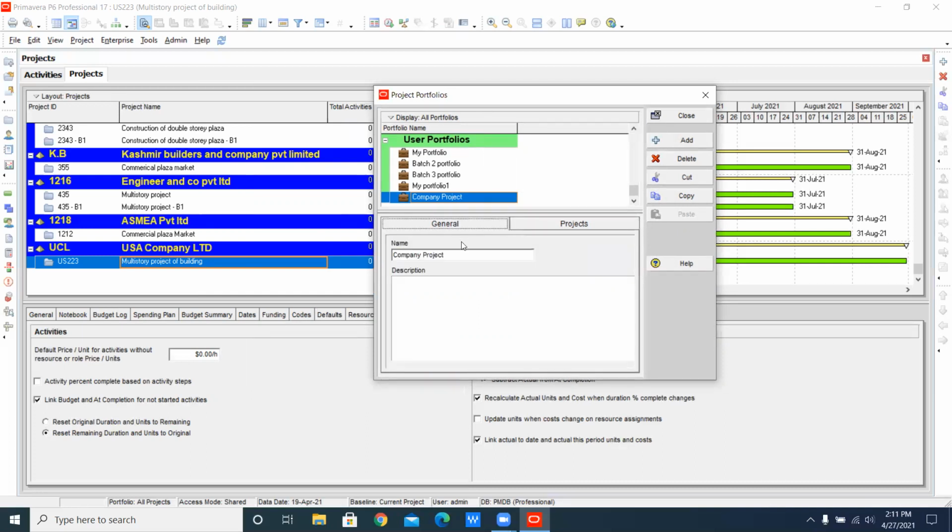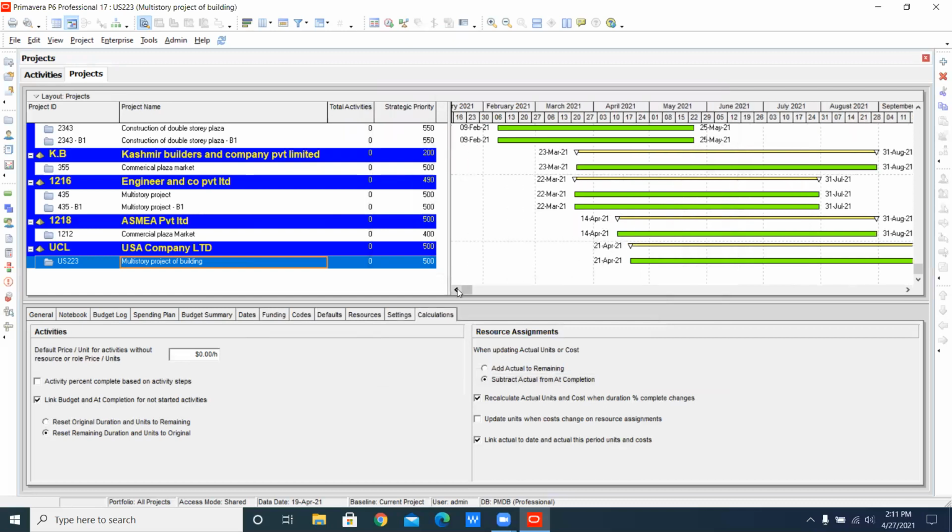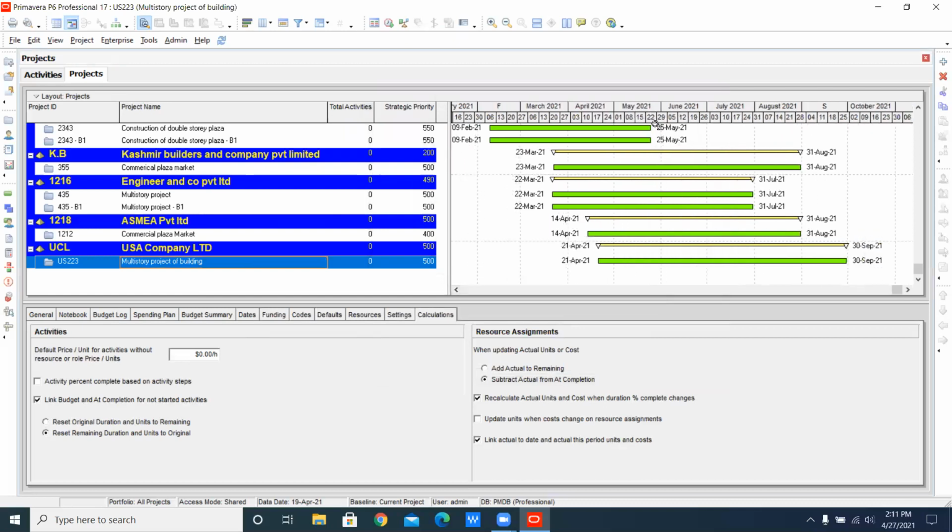And just close this. After closing this, you see that no changes have occurred here. Why? It is because you have to apply the changes, because you have not selected any portfolio yet.